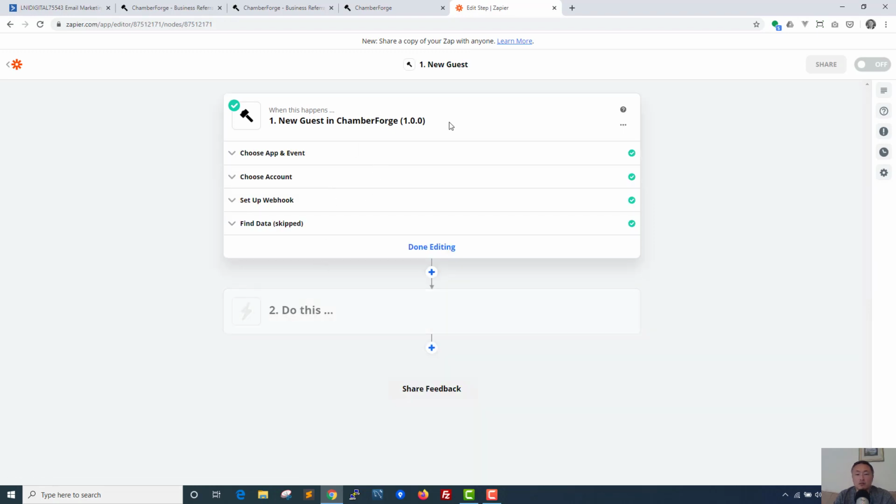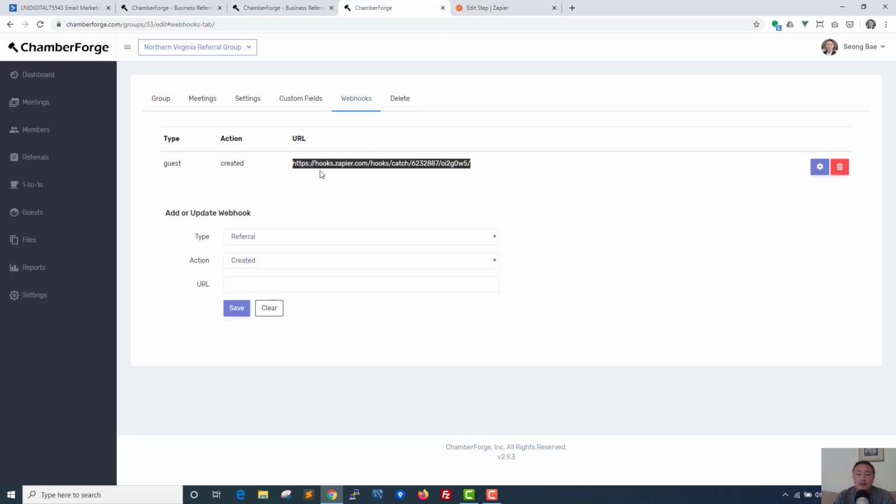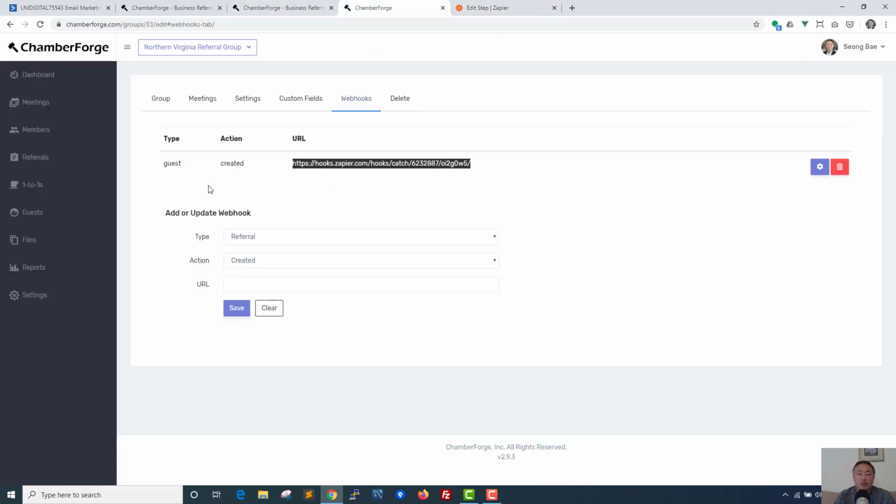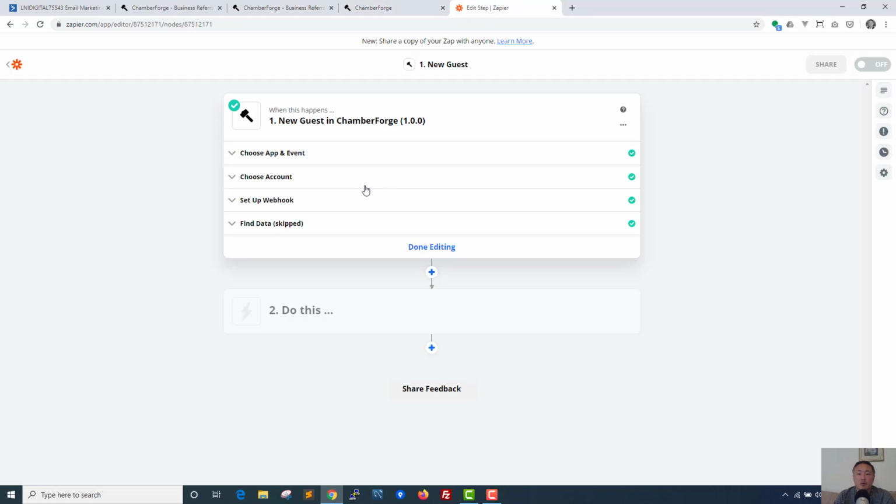Oh yeah, remember that when you test the trigger, you have to send data. So you have to actually create a guest in order to test that trigger. But because we didn't create any guests at the moment, we weren't able to test it. So when a new guest is created, what you want to do is